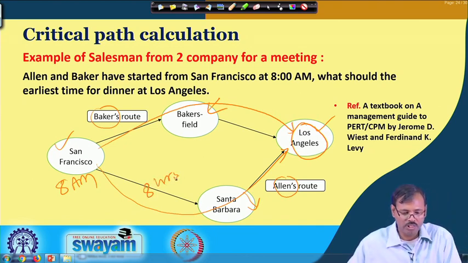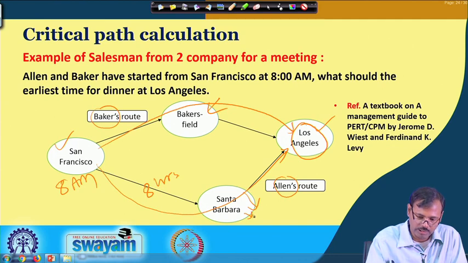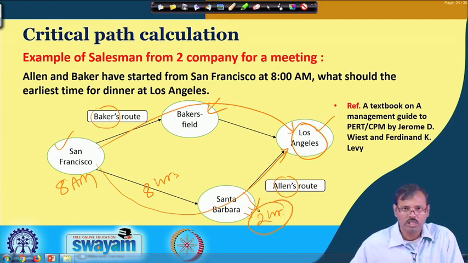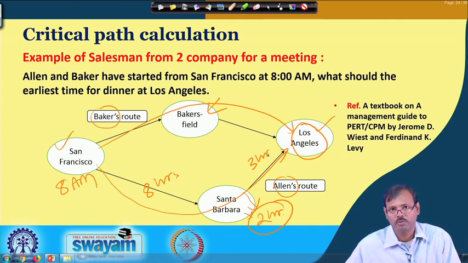to reach Santa Barbara. He will spend 2 hours at Santa Barbara to take lunch with his wife. Then from Santa Barbara he has to reach Los Angeles with a 3-hour driving time, where there is a fixed position in which Allen will meet Becker.